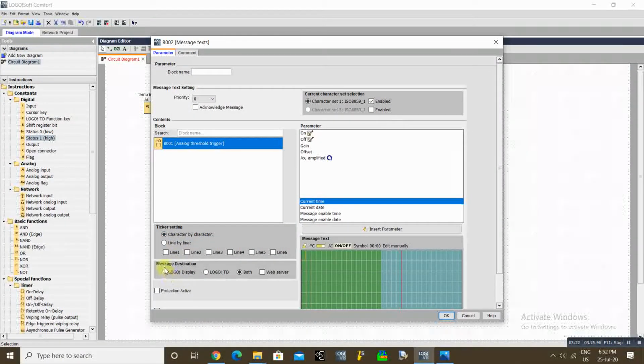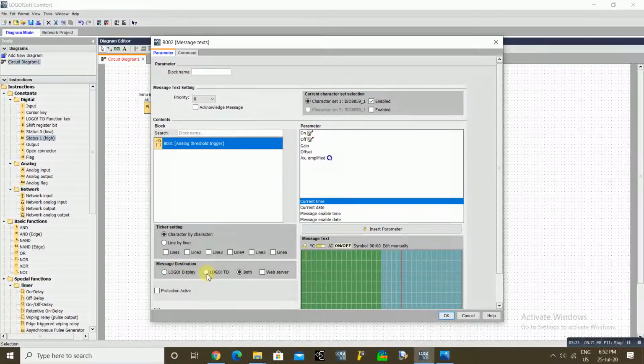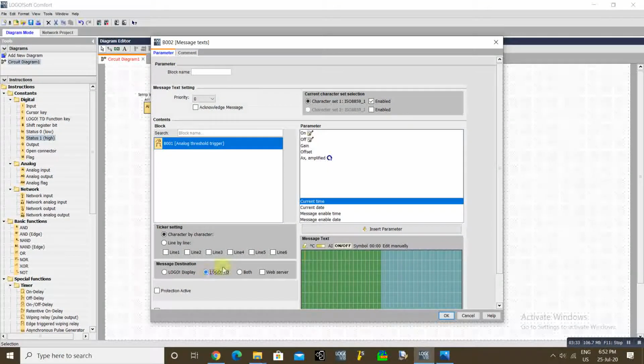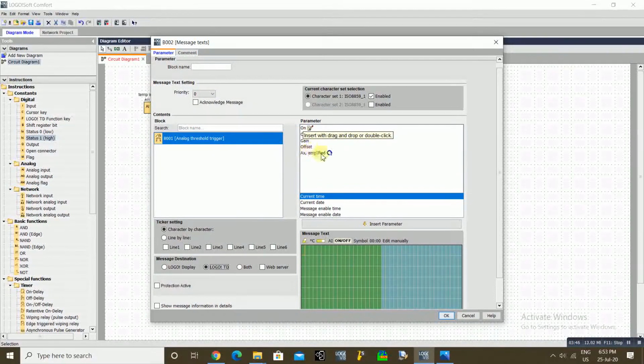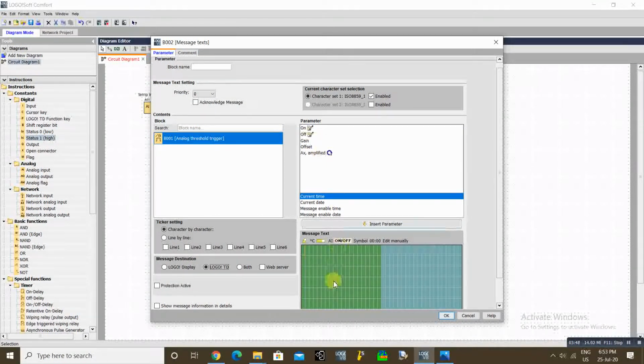The message destination, we will select the LOGO TD text display only. Here first we will insert; you can see in this block, 1 2 3 4 5 parameters you can configure on this display.